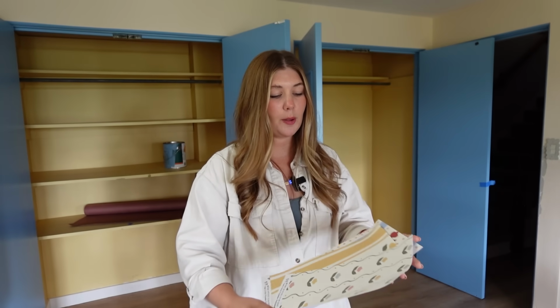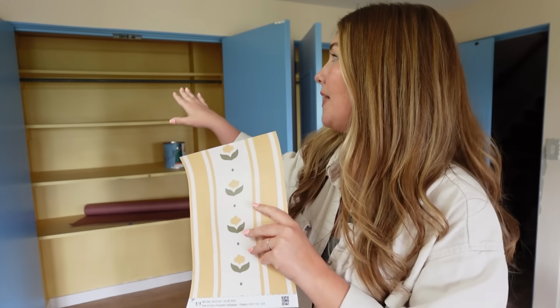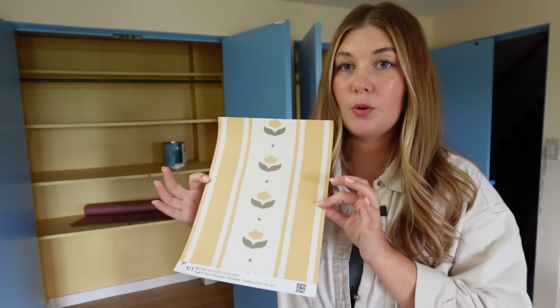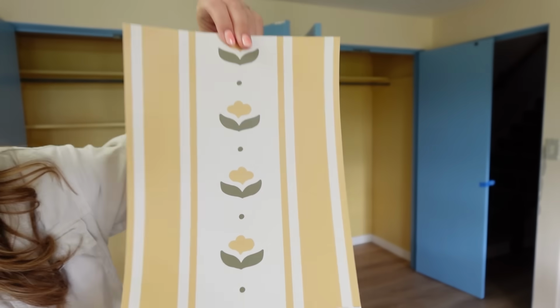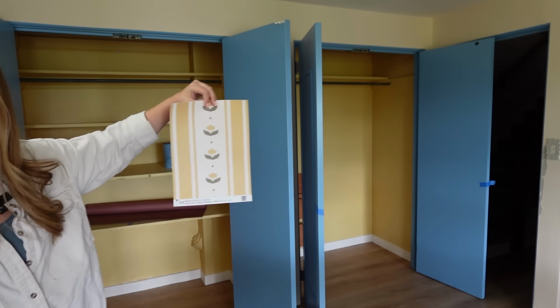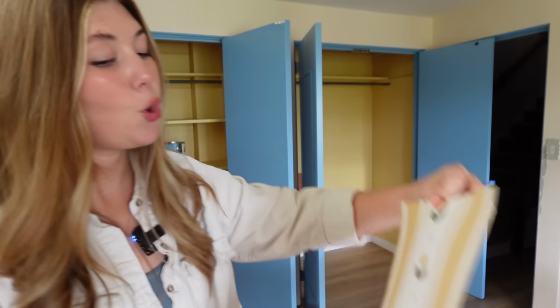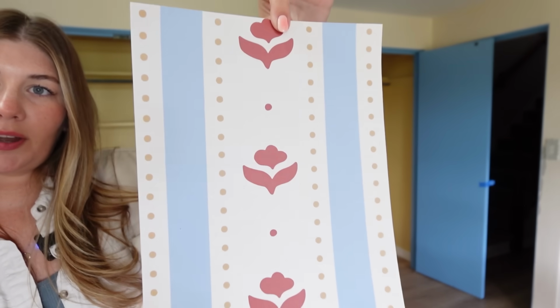So I have 3 wallpaper samples. I also can't remember off the top of my head where I got these from. So sample number 1, originally I was thinking I would be painting the inside of the closets yellow, and then the wallpaper also would be pretty yellow. So this one is kind of just a yellow stripe with some flowers on it. Can you envision it? How cute would that be? That's kind of my front runner, but I'm torn because I also have this option that is blue and red